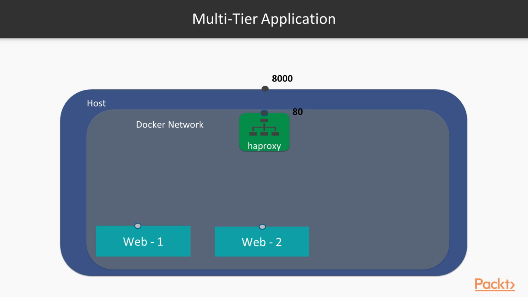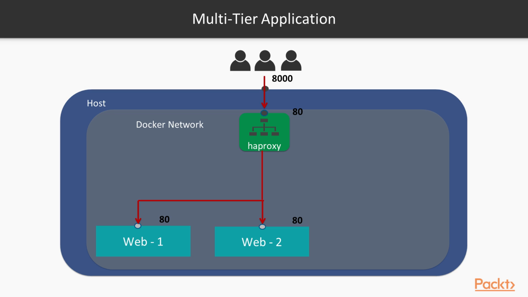So whatever packet gets routed to port number 8000 on Chef Workstation, the Docker host, will actually get routed to port number 80 on HA proxy, and HA proxy would further forward it to the web instances or applications which are running in 2 separate containers. The work of HA proxy would be to load balance across the 2 instances. So if there are several users trying to access our website, the request comes in and HA proxy has to balance the load across the 2 web instances.